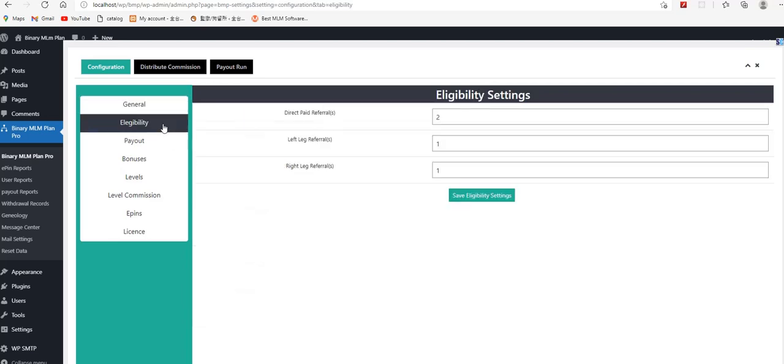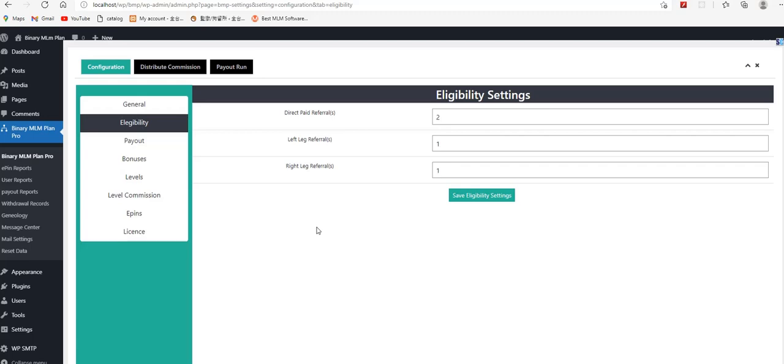Now I am going to the eligibility settings, starting with direct paid referrals. Direct referral means suppose I am the member and I am referring members by my sponsor or referral link, so the users register in the system using me as a sponsor.